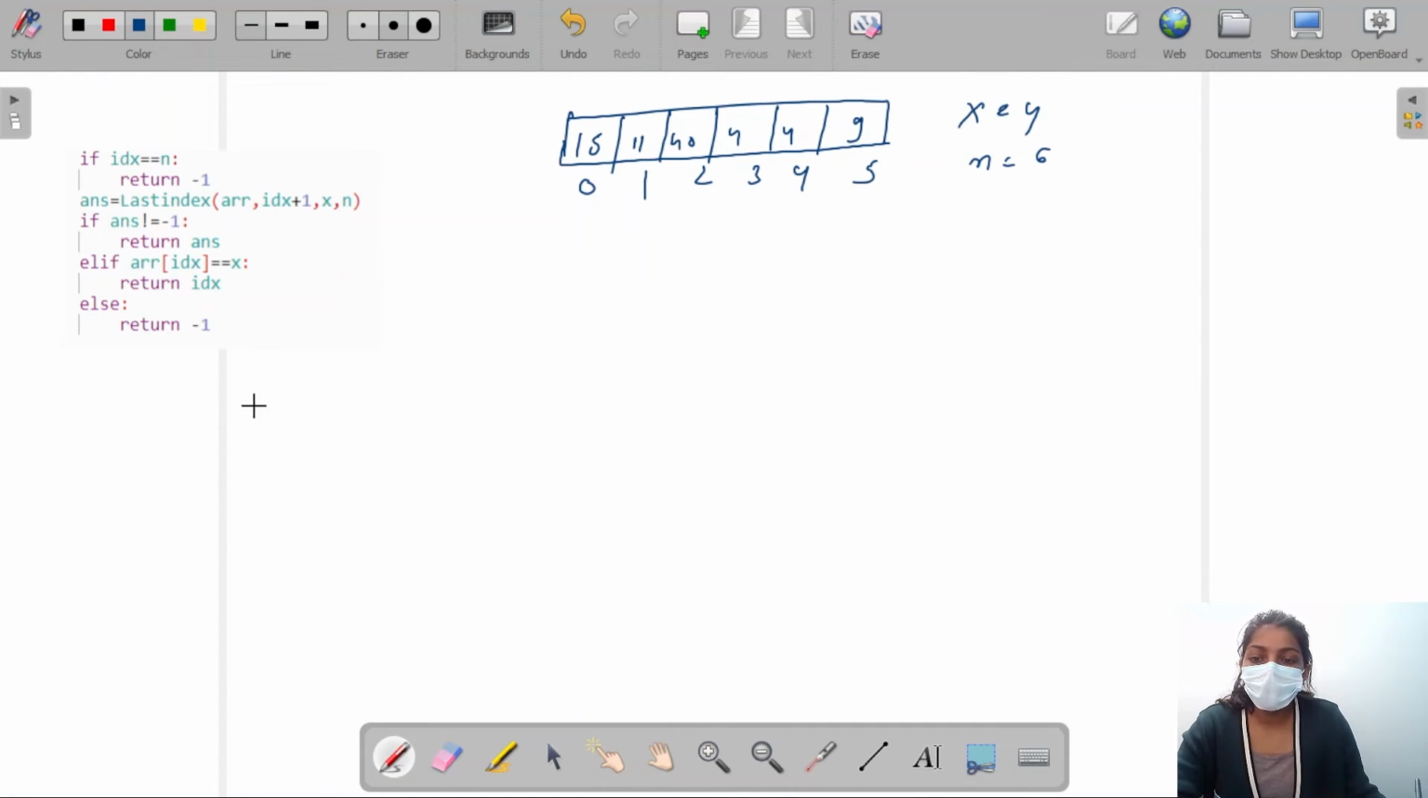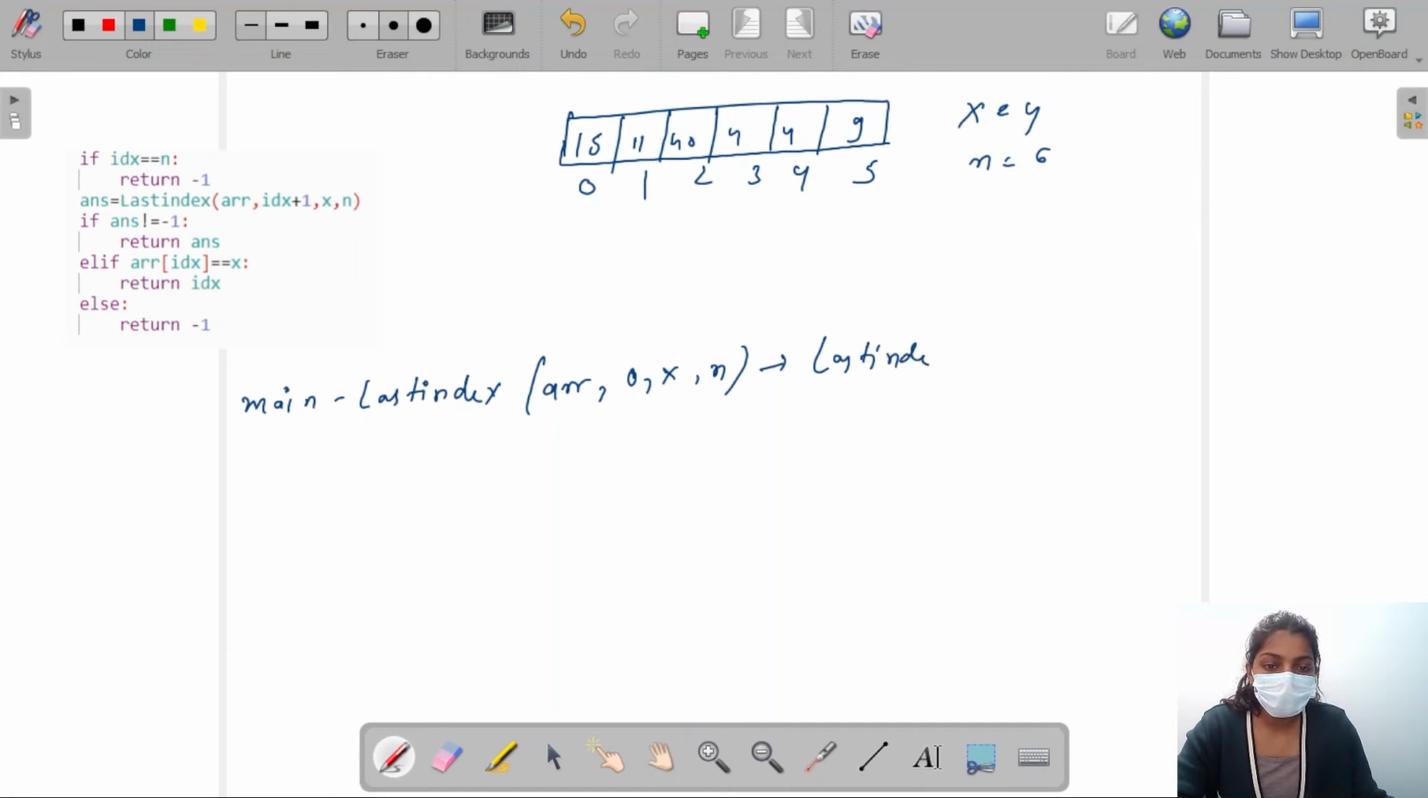Main called the method, that is, main called lastIndex(arr, 0, x, n), right? So it checked if my index is equal to n. No, it's not. Then it called lastIndex(arr, 1, x, n). It means it will search first in this, then it will check itself. Then it again checked if my index is equal to n. No, then it called lastIndex